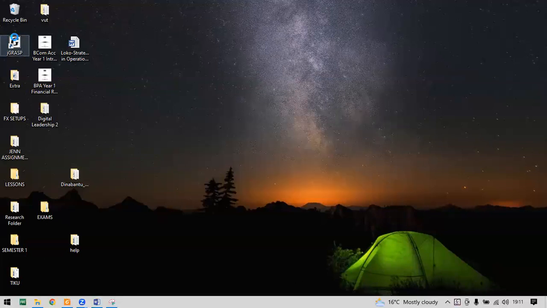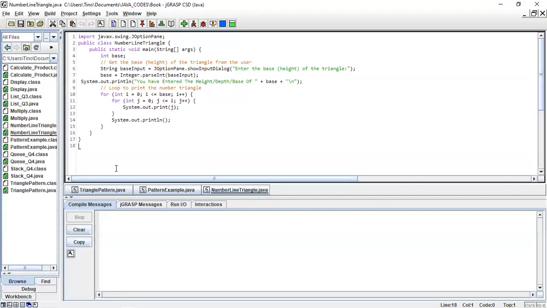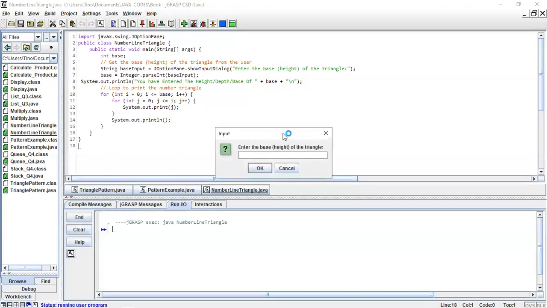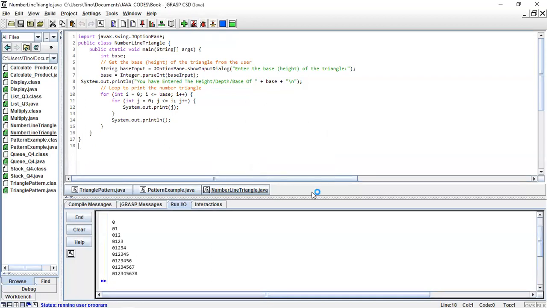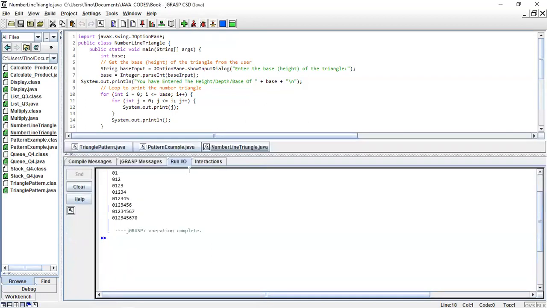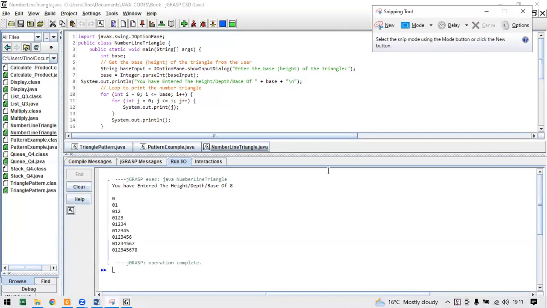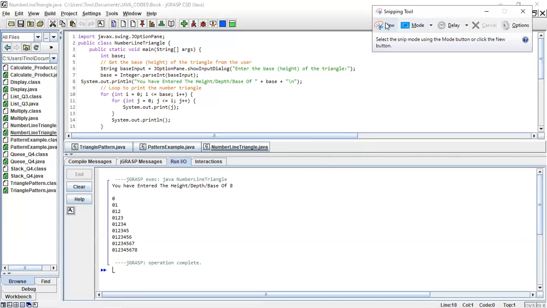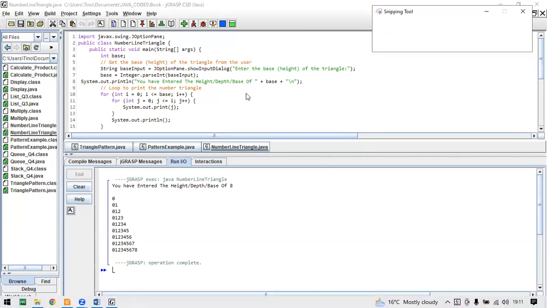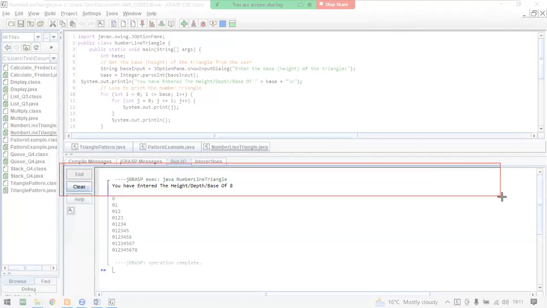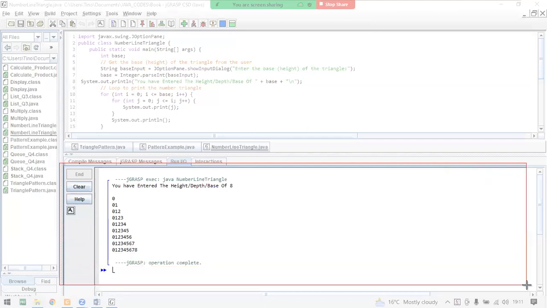If they ask you that part, to say, okay, let me run this, enter the height of maybe 8. So they want to see this part, right? So what you do is, in the Snipping Tool, you come here and say New, then maybe you can crop like this, right?